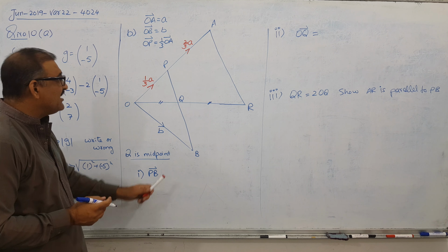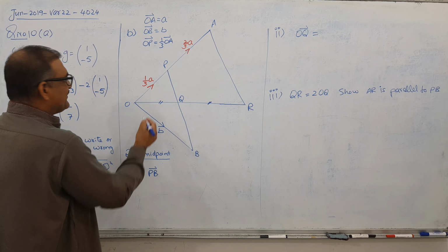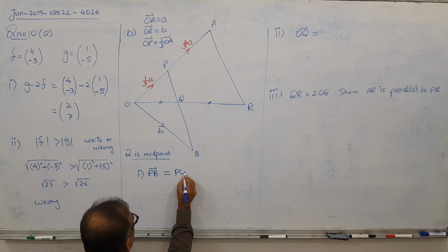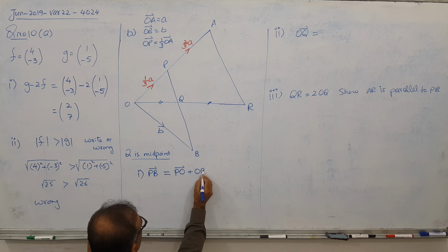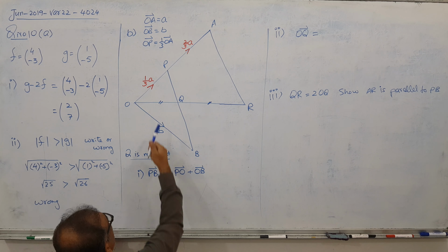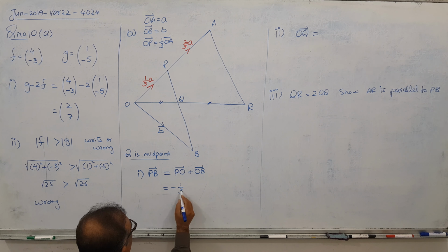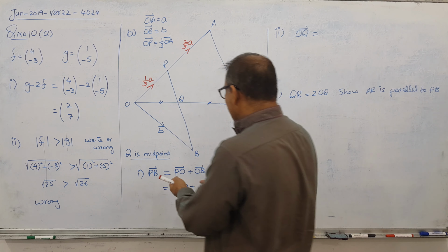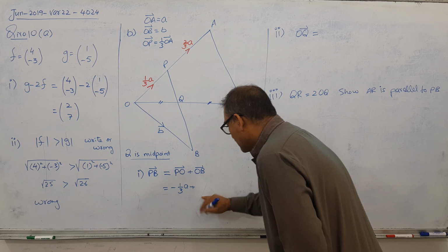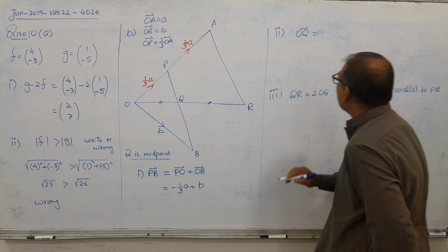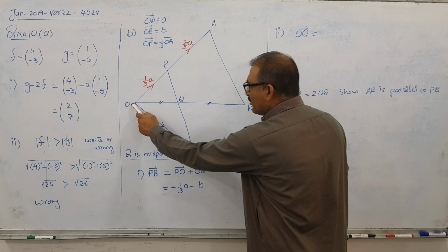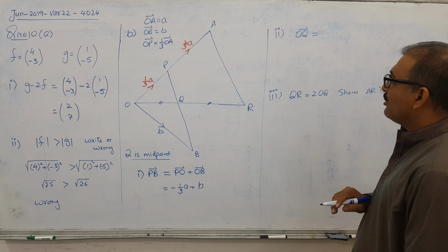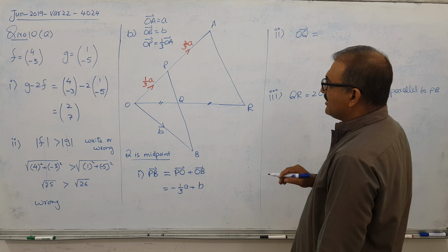Now next part, PB. P to start, and this is an easy path. P to O to B. Path is not compulsory, but if you write it, it's good. This is called path writing. P to O backward is minus 1 by 3A, and plus B over. It's already in alphabetic order. Not compulsory, but it's good to write. OQ, starting from O, ending at Q. So I think I can do it another way.